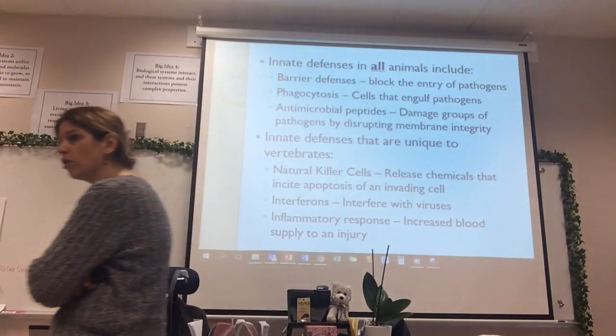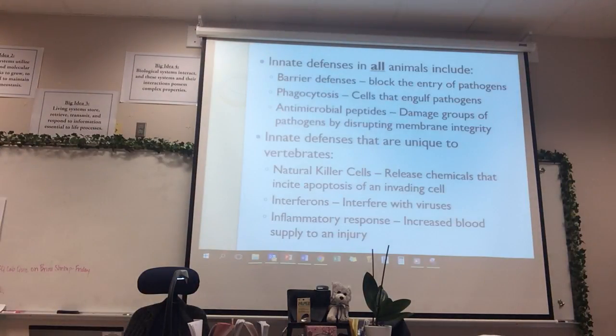Okay. So antimicrobial peptides are these groups of not yet functional proteins that are floating around your body looking for things that can make you sick. When they find things that can make you sick, they are activated, and that's when they become proteins.